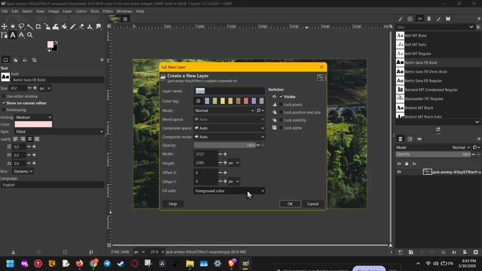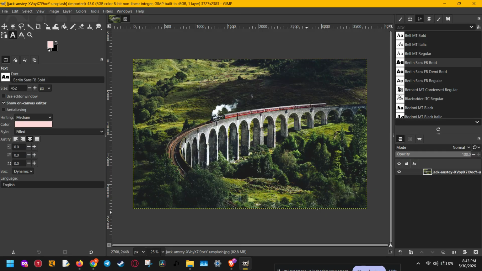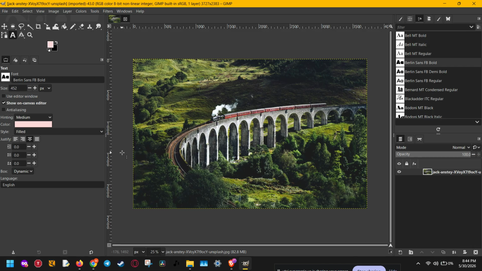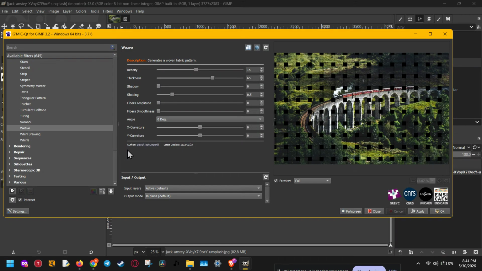an existing picture. Once your base is ready, go to the top menu and click Filters. Then scroll down until you find GMIC QT. In most versions of Gimp, this appears near the bottom of the Filters menu. Clicking that opens the GMIC plugin window, which gives you access to a huge range of creative effects and texture